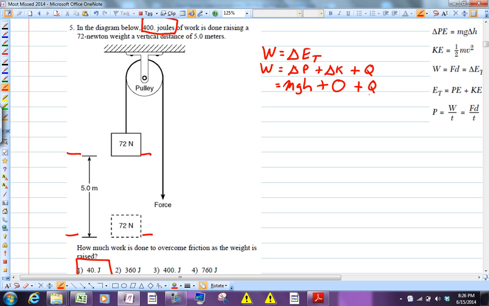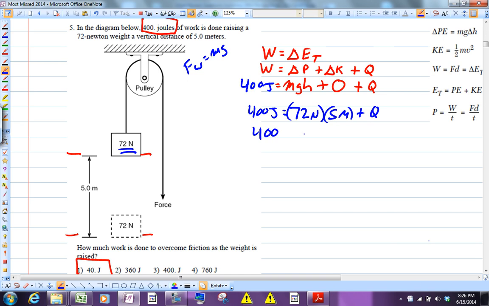We want to know the internal energy, and we're told that this was 400 joules of work that we put in. Now, instead of giving us the mass, they actually give us the weight force, and I think that throws some people off. Remember, weight equals mg. It's almost like they're saving you some effort. So 72 newtons is mg. And the h, the change in height, is 5 meters plus Q. So 400 equals, let's see,